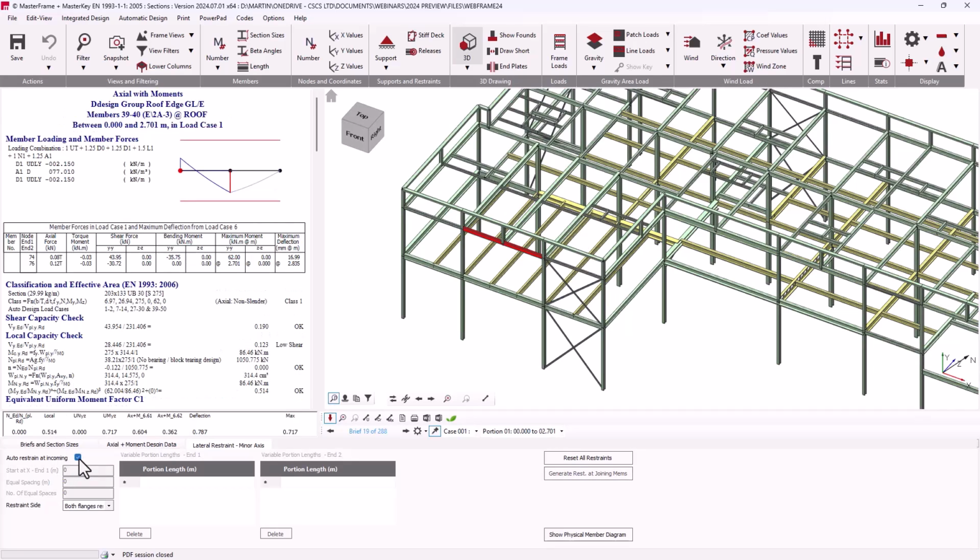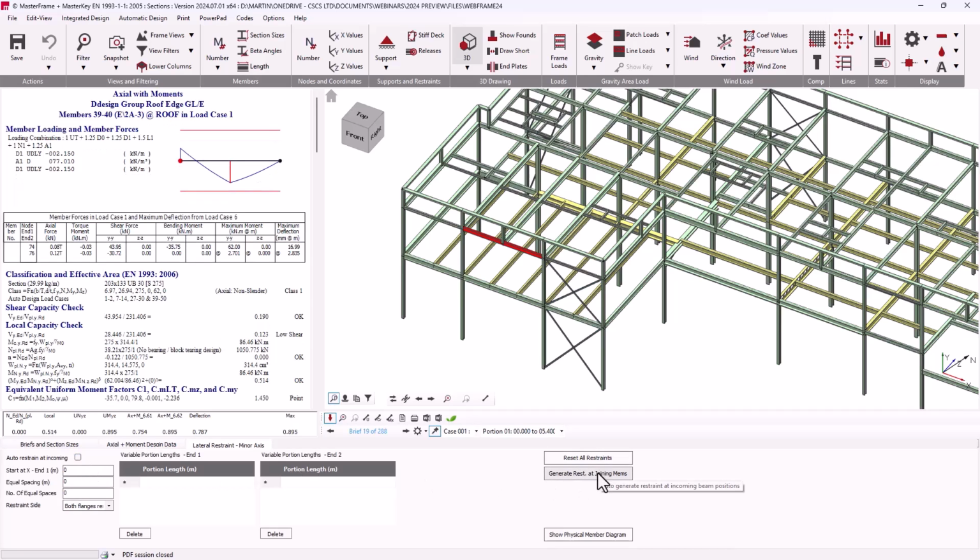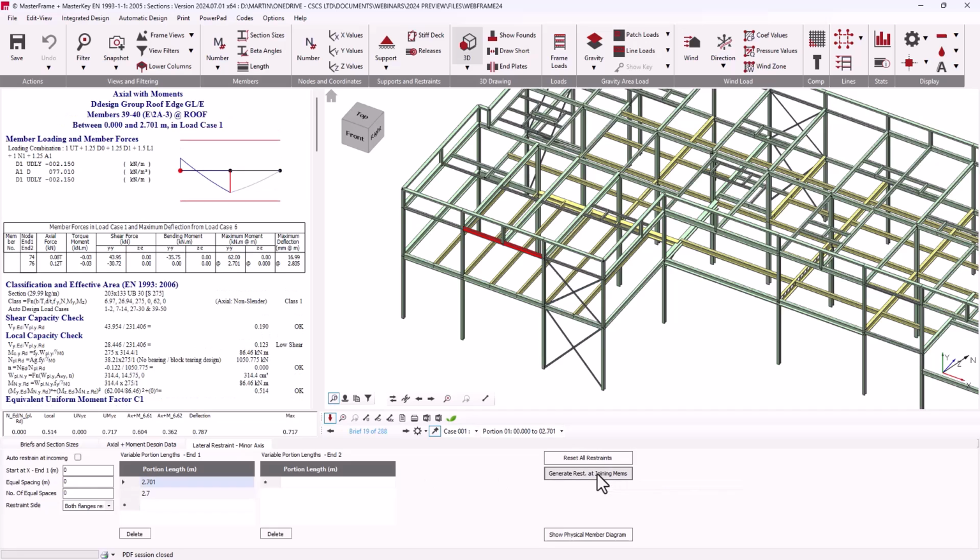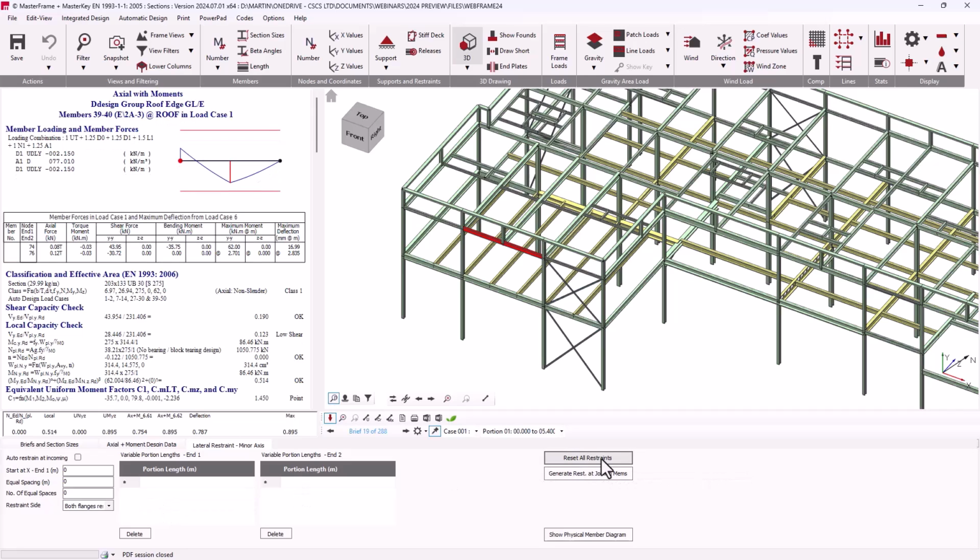we have been able to do previously, auto-restrain incoming beams, and we can see then that being set up in its portions. Or turning that off, we can generate the restraint at the incoming points, meaning that then you can edit that or add extra restraints. So it's just a quick helper and a new facility to reset all those restraints to wipe the slate clean